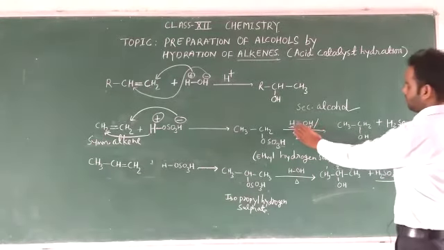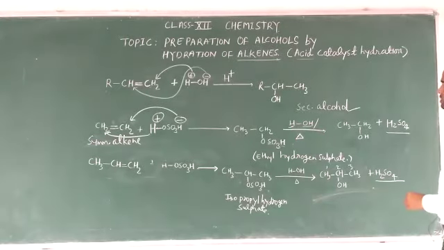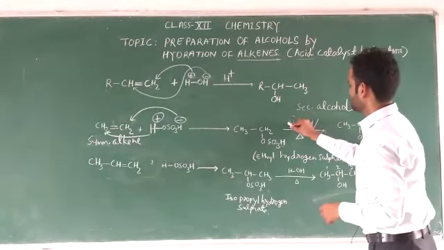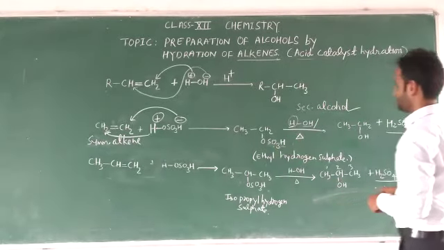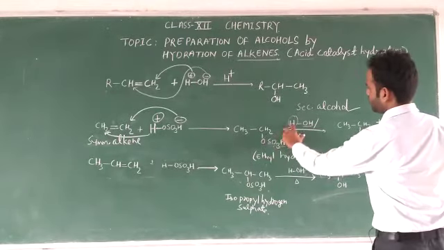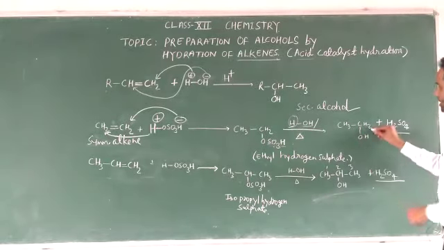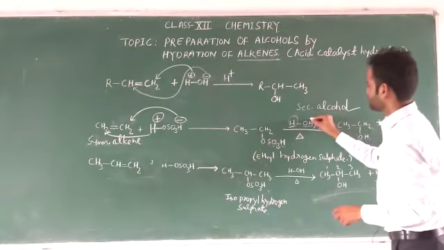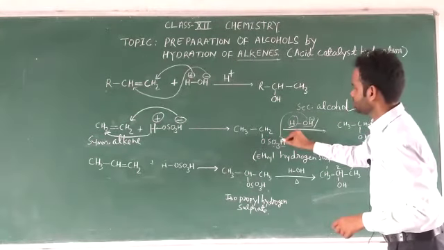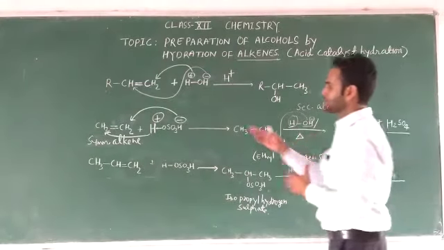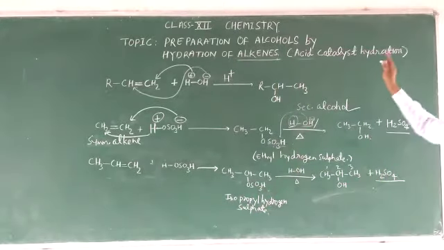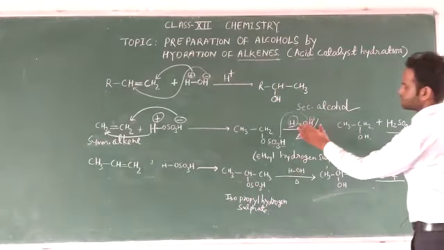So HOH, this is water. After that, this H will replace the SO3H from this structure. What we get is CH3CH2OH, and the OH, which is the negative part, will attach to SO3H, giving H2SO4, an acid. We are getting the acid back and using it as a catalyst, which is why it is known as acid catalyst hydration, because we are introducing water as well.